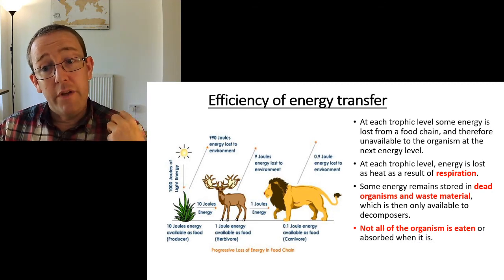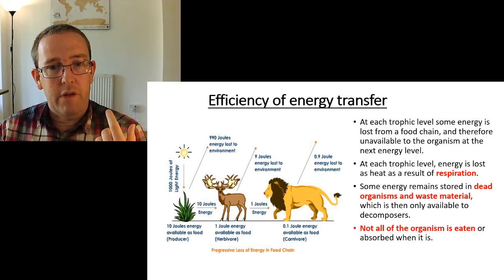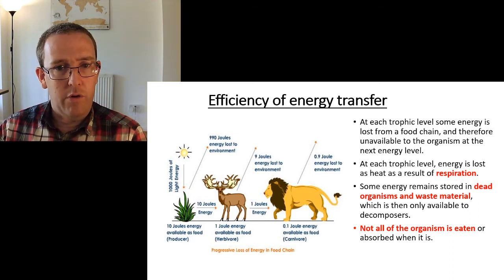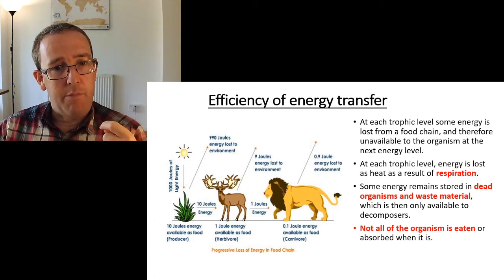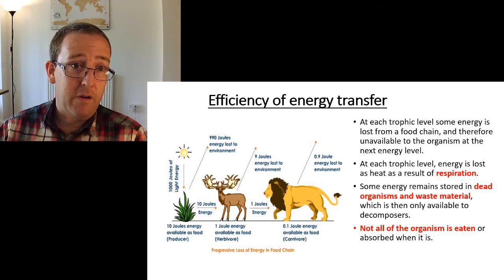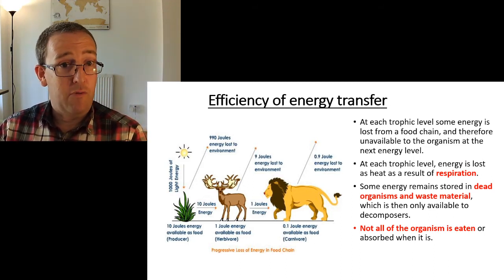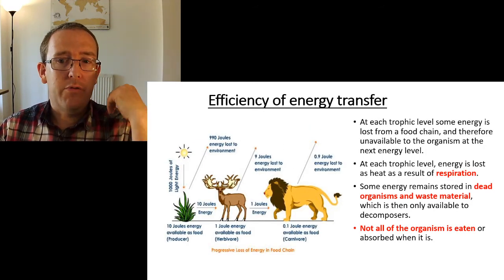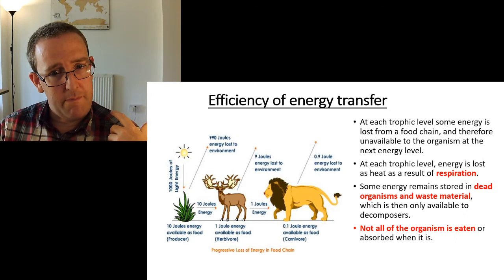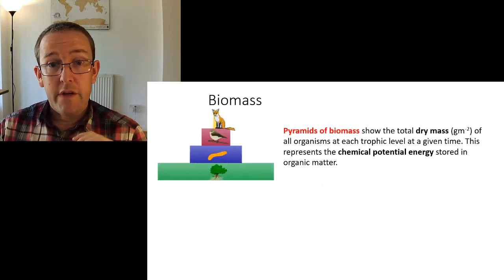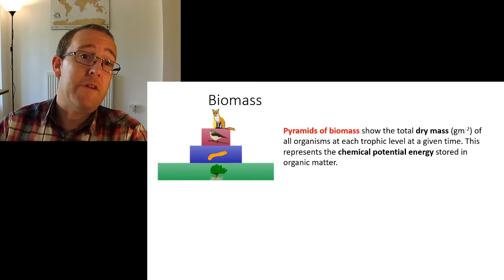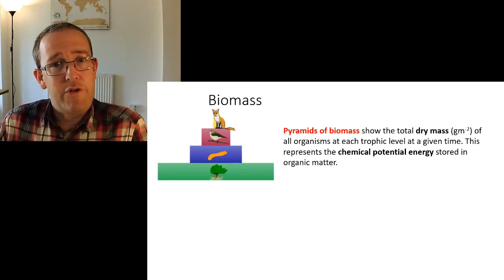Okay. And not all of the organism is eaten. So, for example, when the deer there is going to eat, and I have no idea where in the world this is, because that looks like a moose and a lion in the same place, no idea where we are here, probably a zoo. But the deer there, the herbivore, isn't going to eat the roots, for example, and eat every single bit of that plant. And the lion isn't going to eat the bones and the antlers and the fur of the herbivore. Okay? So we've got respiratory losses, we've got waste materials, we've got indigestible materials as well. Next, the old famous pyramids of biomass you might have been aware of at GCSE.